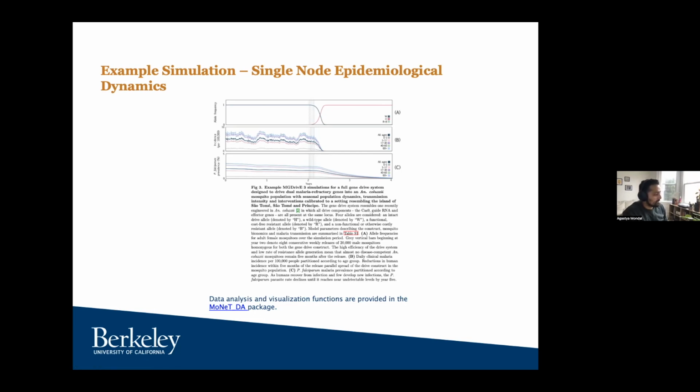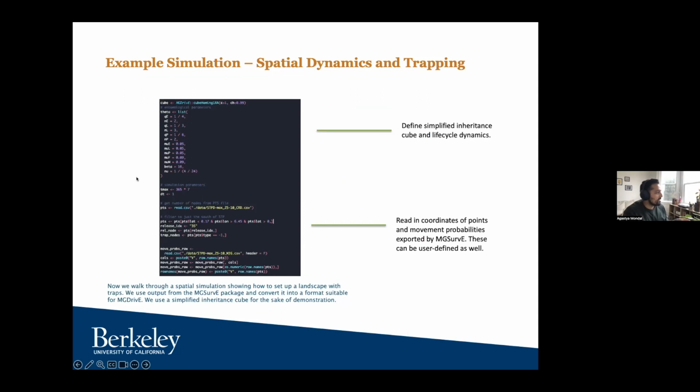We are thinking about different ways to incorporate spatial dynamics into this. It's just, as Hector mentioned, these are pretty computationally intensive, and I think once you add a spatial dimension, it can get even more computationally intensive. So we need smarter ways to think about that. But the part of the model where we do consider spatial dynamics is the trapping, as Hector discussed in the last